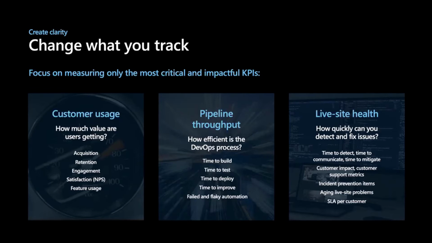So again, that growth mindset mentioned earlier, not placing blame, but being very methodical around understanding what has gone wrong. How did that go wrong? Why did it go wrong? In a blameless way, and being able to take those insights and learn from those and factor those in to the future. So time to detect, time to communicate, and time to mitigate are all critical aspects of that. You'll notice whenever there is anything degrading from a service perspective with Office 365 or Azure or those cloud services, there are always those communications which go out.